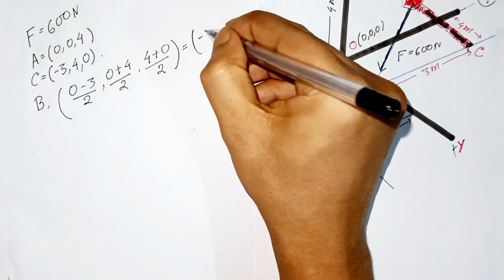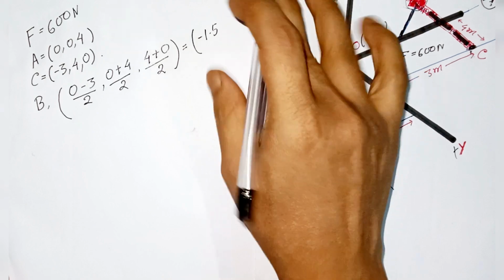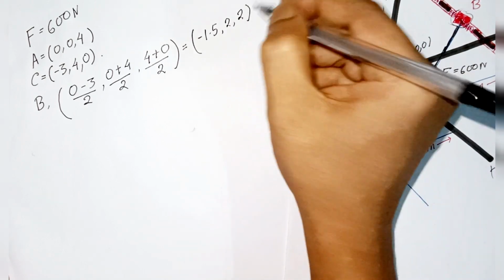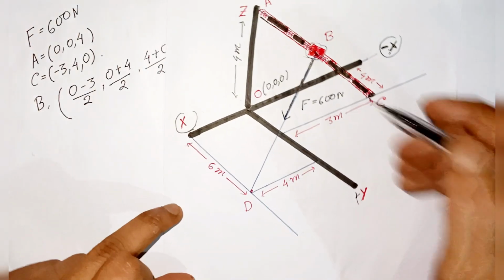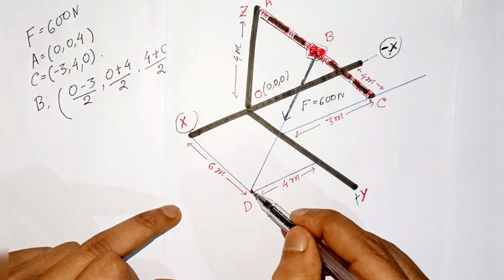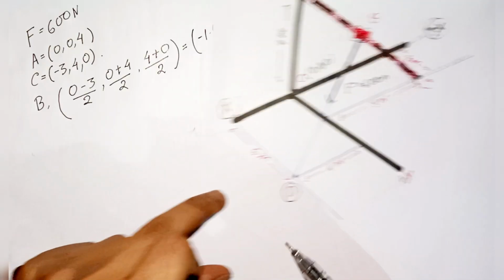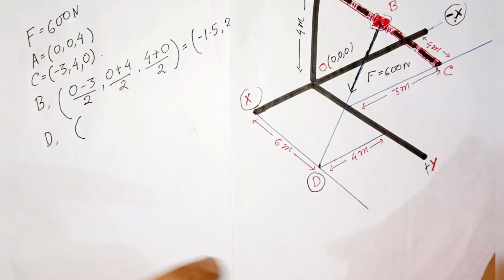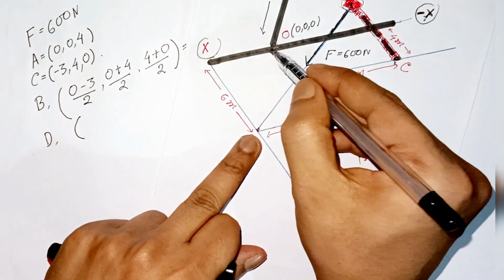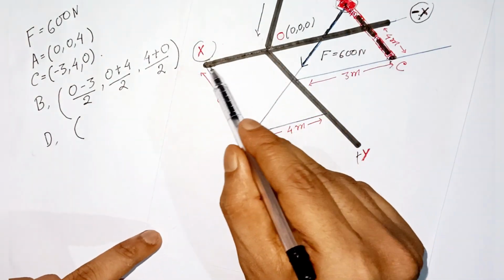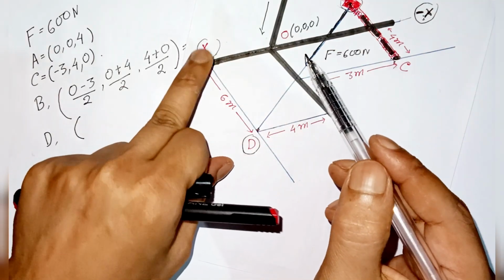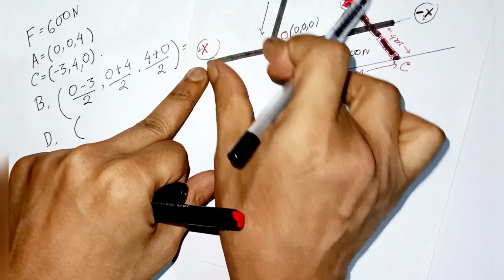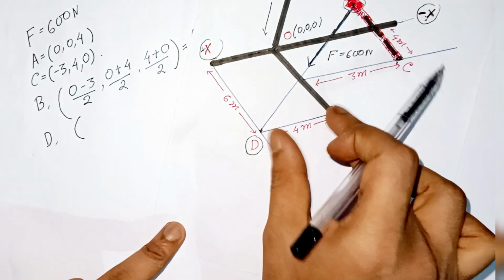Anyways, now we have to find BD's position vector. You can find the position vector of BD using the coordinates, only B and D. You can use point B and point D. So first we find the D coordinate. What is the D coordinate? This is positive x. What displacement? 4 plus 4. The question gives positive x and plus 4. So the x coordinate of point D is 4.